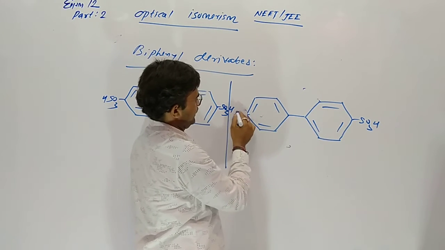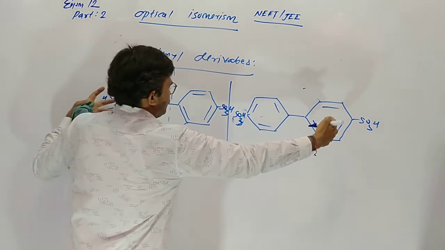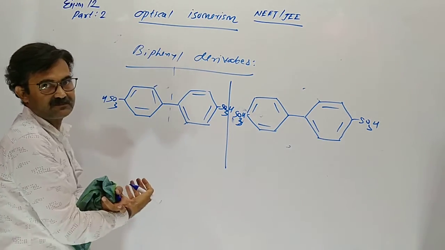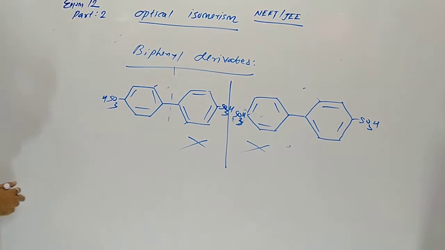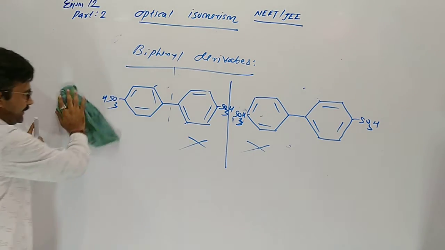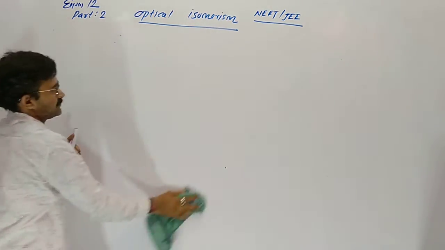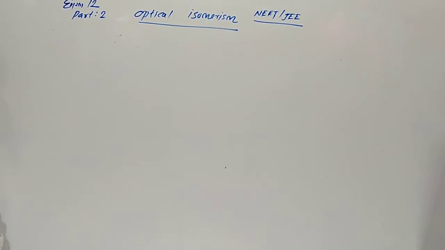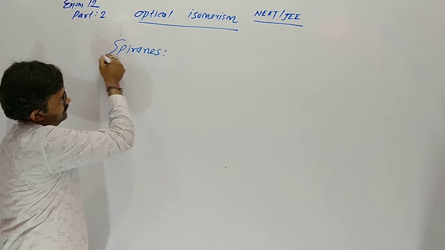So the mirror image remains same. And both are superimposable. So these are not optically active, non-active. And third one, spiranes. In the spiranes also